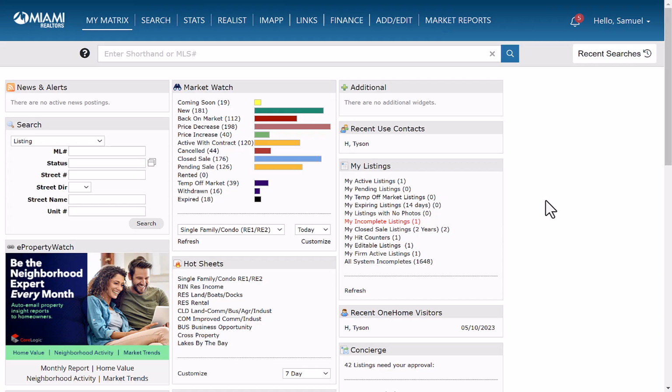In order to access input sheets in Matrix, you'll need to go to the top right